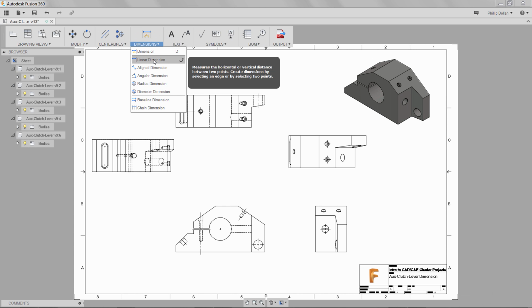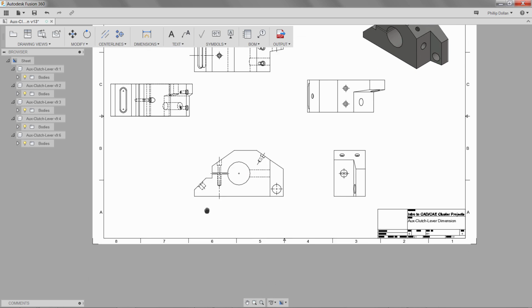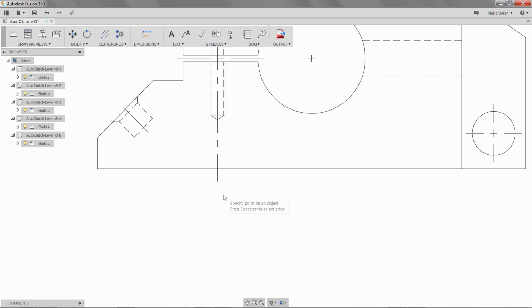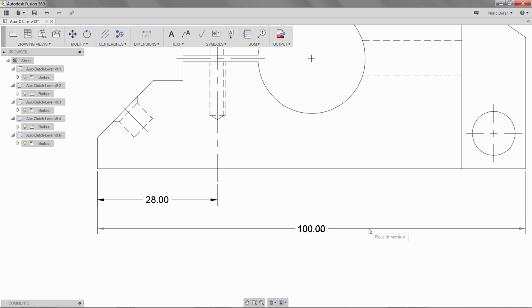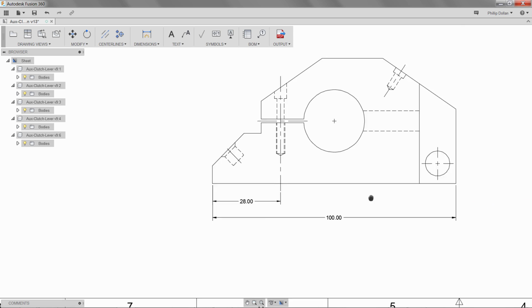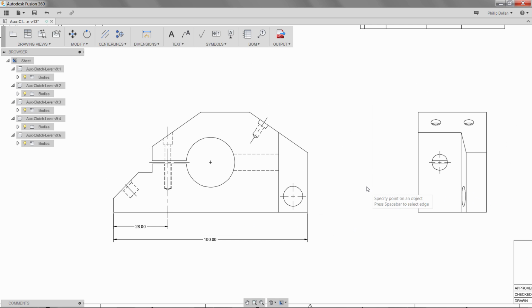I'm going to start dimensioning now by going to Dimension, Linear Dimension. Zoom in on that area. Click the first point, then the second, and place the dimension. I have that at 28.00. I've gone to Annotation Settings, 2 decimal places, and trailing zeros. Added a second dimension of 100,